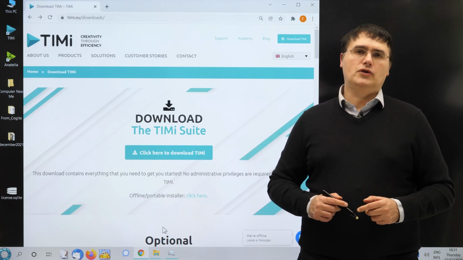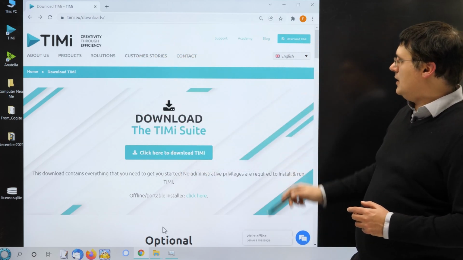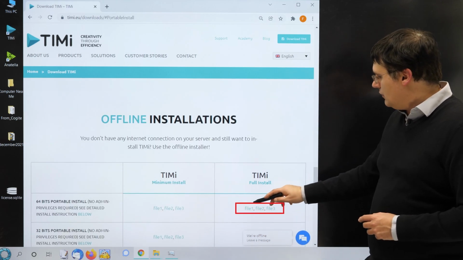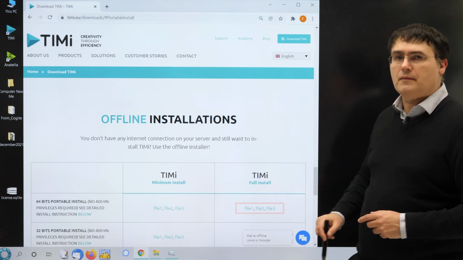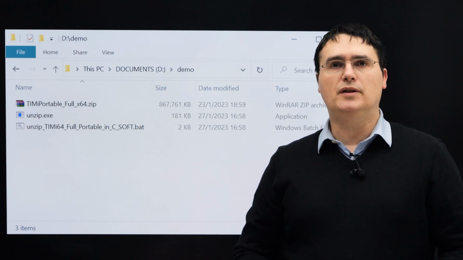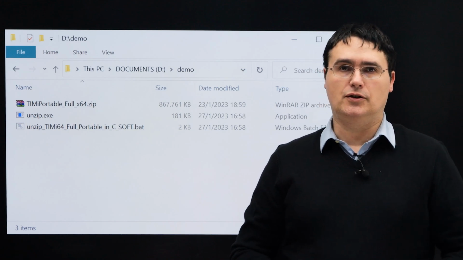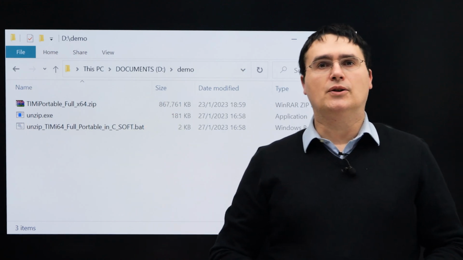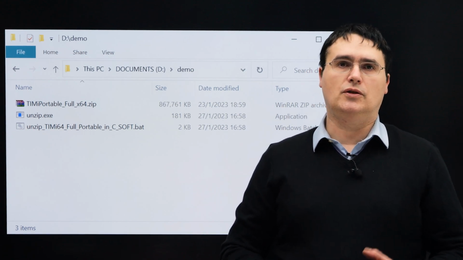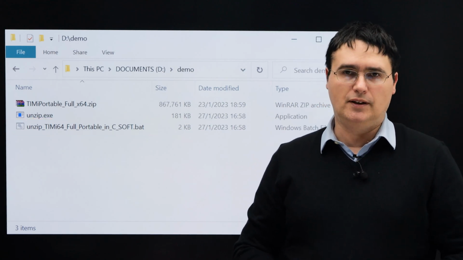To download the portable version of Timi, you open your browser on timi.eu, you click on Download Timi, you click on the portable installer just here, and then you download the 3 files here, file 1, 2 and 3. To go faster, I already downloaded the 3 files for the 64-bit portable installation of Timi and copied them to the machine without internet connection. They are right there. So now all I need to do is just unzip the zip file. To do that, you can just double-click this little bat file there and everything runs automatically.